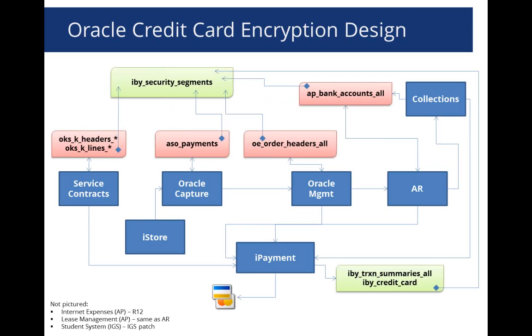Well, the patch goes through all the tables that used to have credit card numbers, which are all in pink here. Oracle had just scattered credit card numbers about based on module development. So when order management needed credit card numbers, they stored them in their own table. When service contracts needed credit card numbers, they stored them in their own table. What the credit card patch does is consolidate all that data, and you run concurrent manager programs, and it physically moves the credit card numbers and encrypts them at the same time from those other tables into IDY